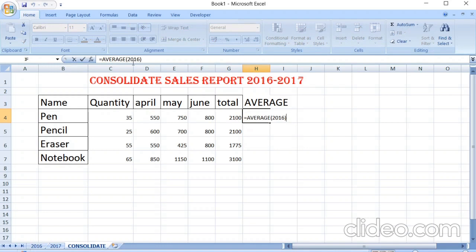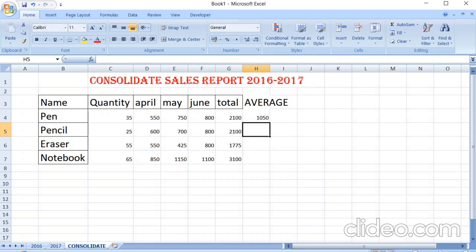Here you can write like this. In single quotes you will write 2016, exclamation sign, you are writing G4, comma, 2017, G4. Means I am taking the average of both the totals.